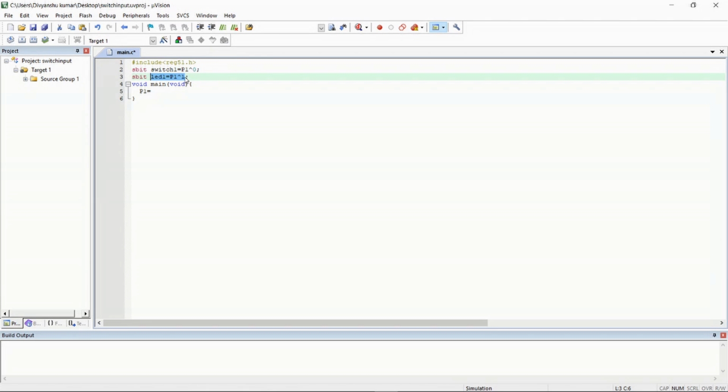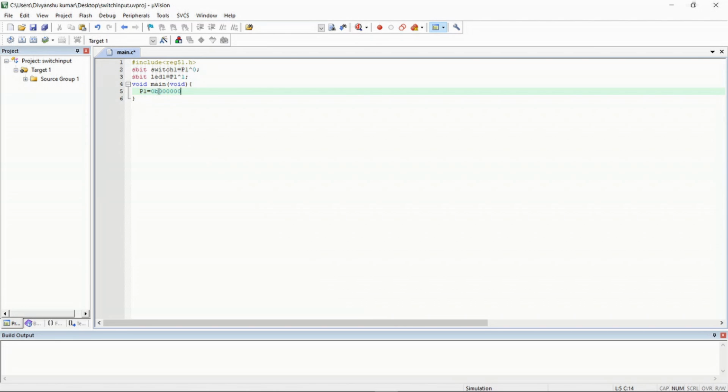See here, LED 1 is output, so this digit on the second place from the right-hand side should be 0, and switch 1, which is the 0th pin, is our input, so this one should be 1. This is the digit on the first place from the rightmost side. So our register value should look like this in binary: 0b, then 6 digits which we don't care about, they can be 1 or 0. We are not using them, so we can either put them as input or as output, it doesn't matter.